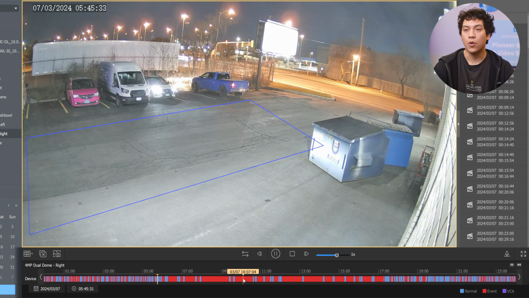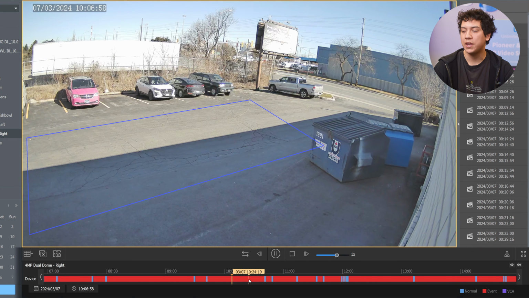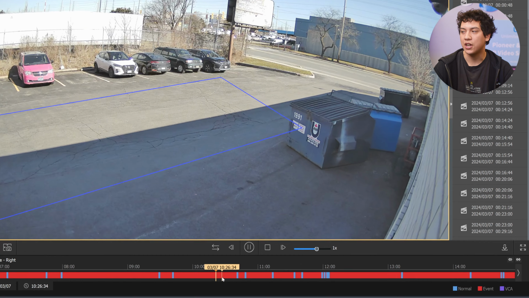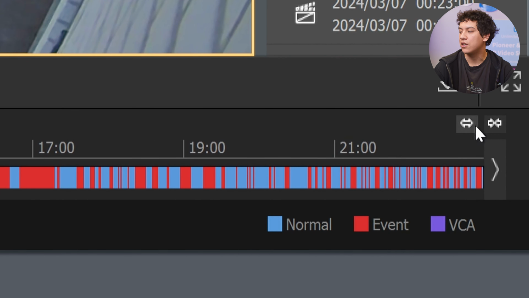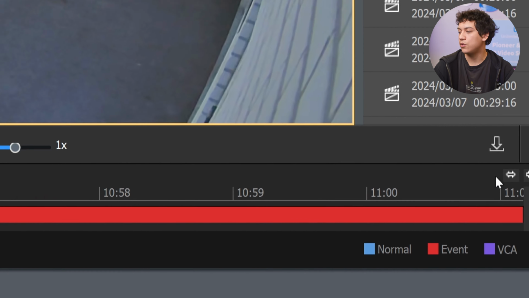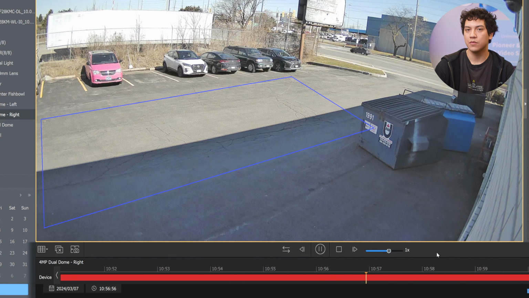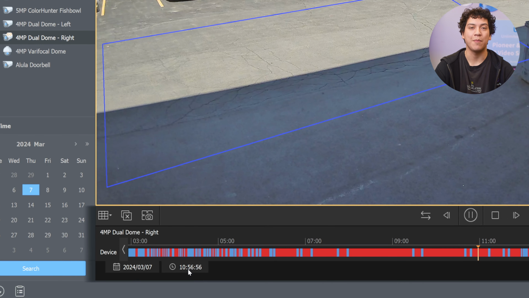You can also scroll up and down the timeline to zoom in and make it easier to select your time. And you can do the same thing with these 2 buttons on the right-hand side to zoom in the timeline further. If you want to search for a specific time, you can click the small time icon at the bottom